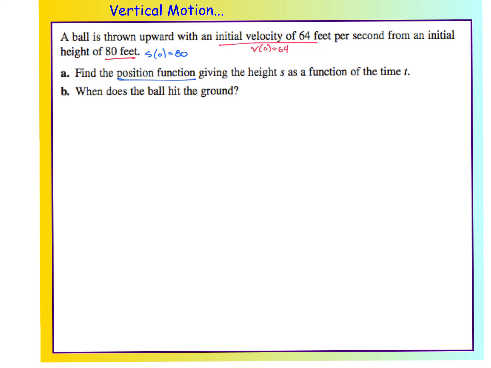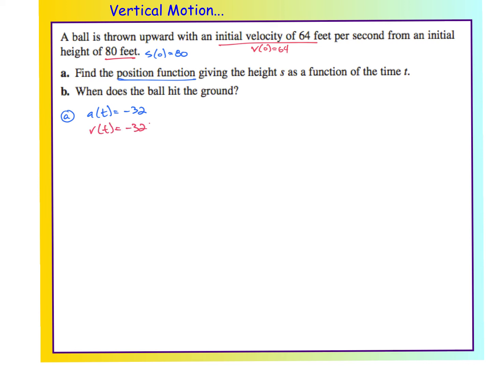All right. Well, what do we know? We know our constant acceleration is what? And I don't want meters per second squared. Does anybody remember? It's negative 32 feet per second squared. It's not negative 9.81. That's not what I want here. I need acceleration, and I need to get back to position. So let's take an antiderivative. My antiderivative of acceleration is velocity. So v of t is equal to